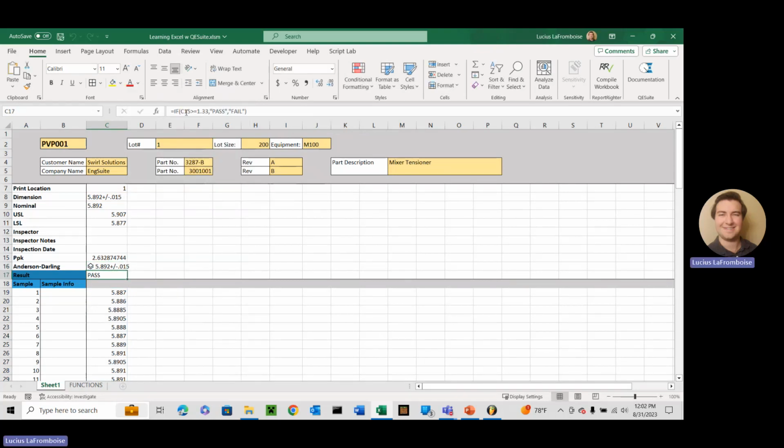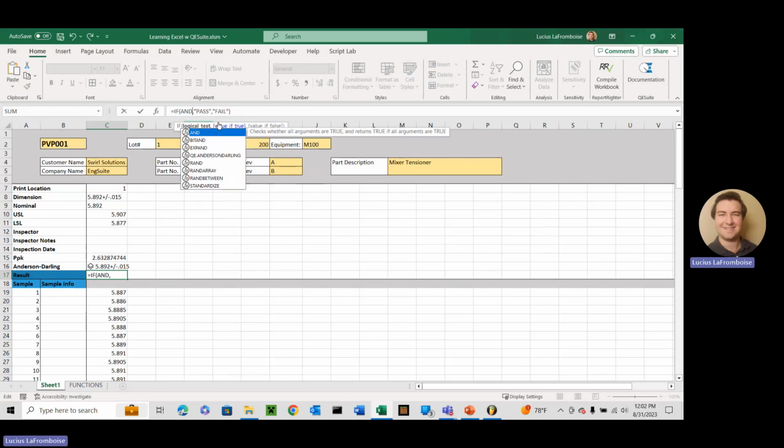Now we're ready to use the if statement. So we can just piggyback the AND statement off of this original if function, and inside of our logical test here, we're going to wrap that. So right now I'm just going to cut it so it's gone. If, then we'll say AND, and now everything we put between these parentheses has to be true. So the first one we'll do, make sure that our PPK is greater than 1.33, and our Anderson-Darling,